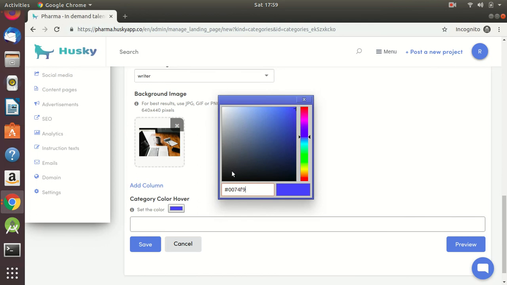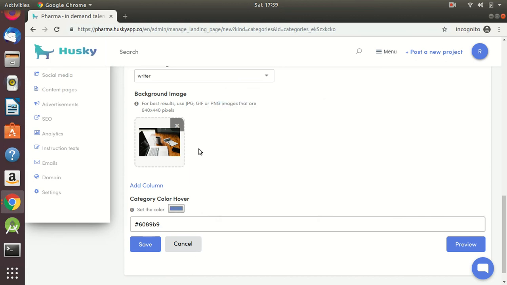So I'm choosing this color as the category hover color. This means when I take the cursor on a category, this color will appear. So I'm saving this section.